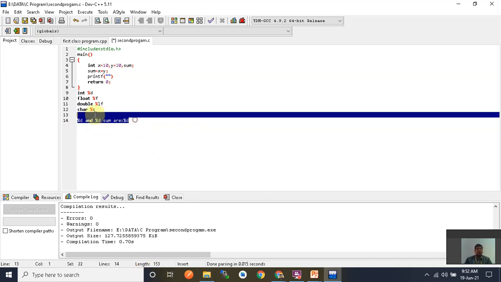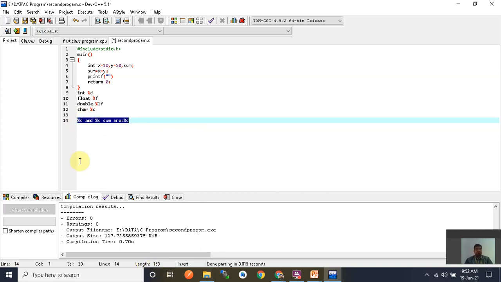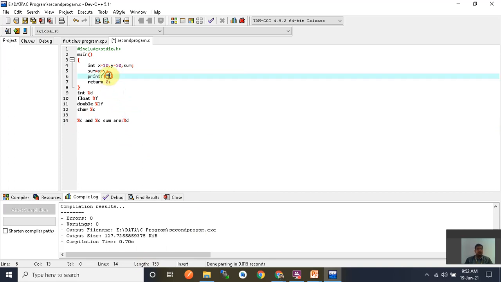Now copy this and paste it. But how do we decide which %d belongs to which variable? So create a comma, and for the first %d you write x. For the second %d you write y, and for the third %d you write sum. So automatically the sequential form is performed.